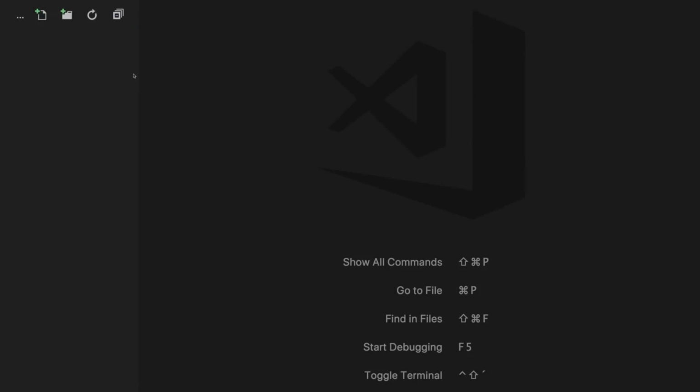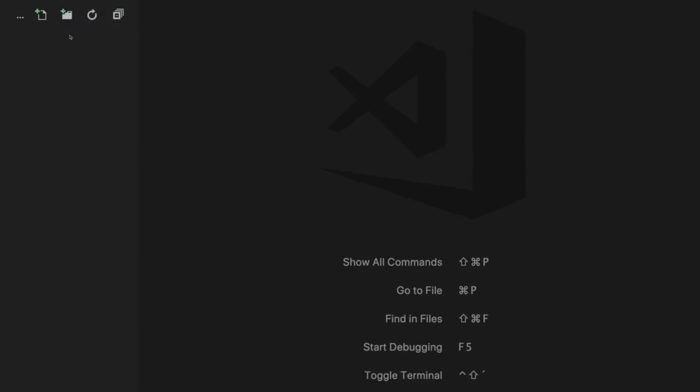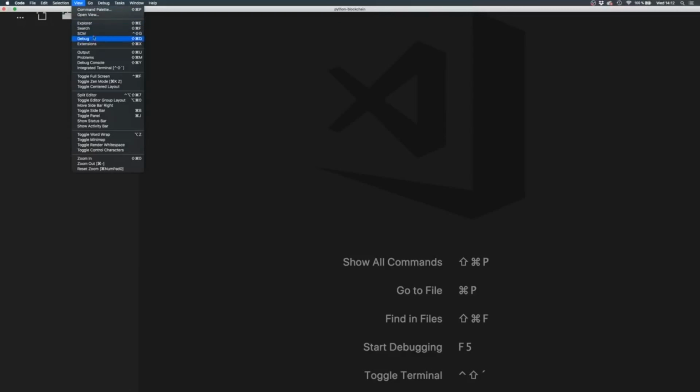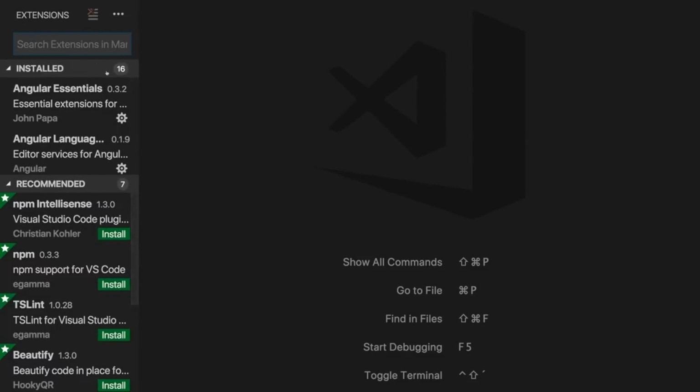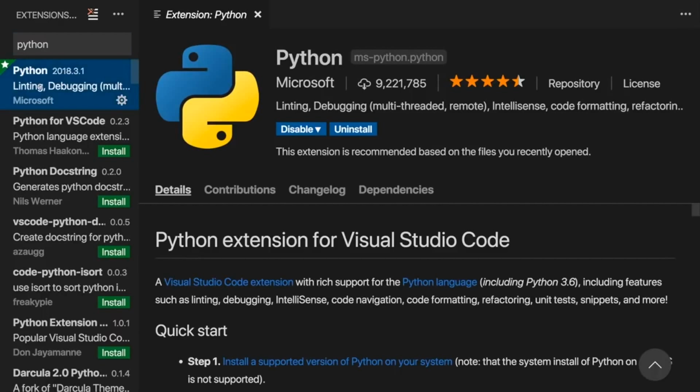Now to work with Python, we also want to install some extensions that make that a bit easier. For this, you can simply go to View and then Extensions, or if you didn't remove that sidebar, you'll also have an extensions button here on the left, but View, Extensions will always work. And in there, you can search for Python. Now, I already installed it, but this first Python package here is the one I recommend installing. As I said, I have it installed, but you'll have an install button here. Simply click it and restart the IDE when prompted to do so.